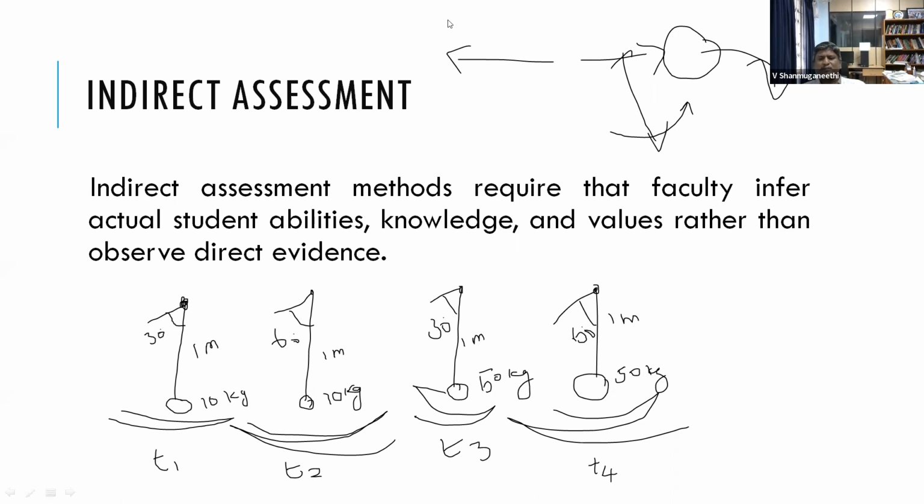Participant, I'm asking the question to you. What's the relationship among the four, T1, T2, T3, T4? You just give your observation. See, it need not be right always. I am just asking about the relationship among T1, T2: whether T1 is greater than T2 or T2 is greater than T3. That's the question I am asking you. So in what way do T1, T2 vary? Because this is a time. T1, T2, T3, T4 are timings.